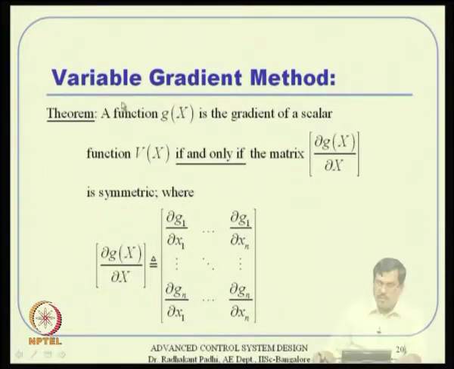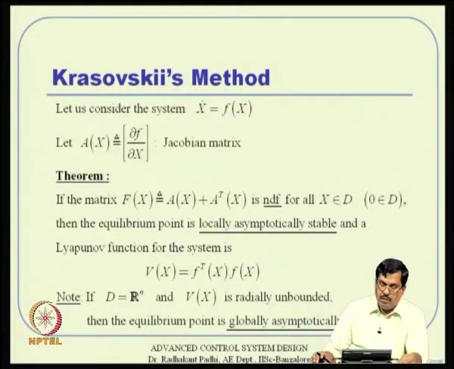The only restriction that we have placed here, I mean we have to work with that, is that the del g by del x matrix needs to be symmetric actually. So, with that selection we will be able to solve for v of x, and then you proceed with your selection of that, with your evaluation of v dot and things like that actually. All right. So, then we also studied something like Krakovsky's method and all that, where there is